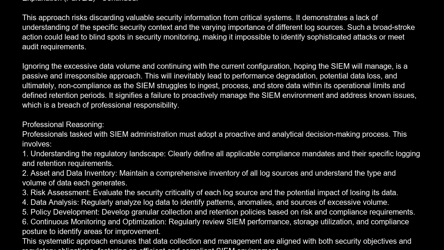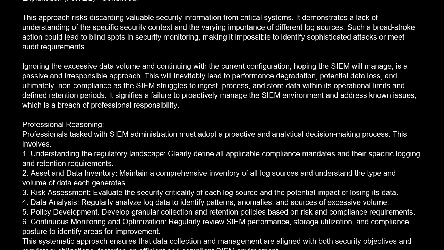meet audit requirements. Ignoring the excessive data volume and continuing with the current configuration, hoping the SIEM will manage, is a passive and irresponsible approach. This will inevitably lead to performance degradation, potential data loss, and ultimately non-compliance as the SIEM struggles to ingest, process, and store data within its operational limits and defined retention periods. It signifies a failure to proactively manage the SIEM environment and address known issues, which is a breach of professional